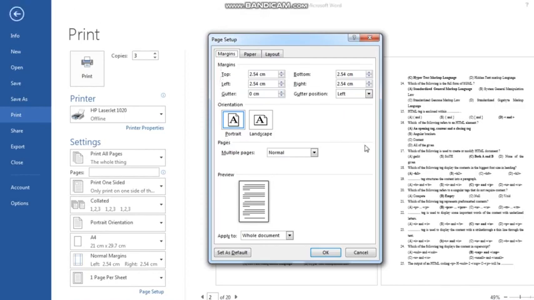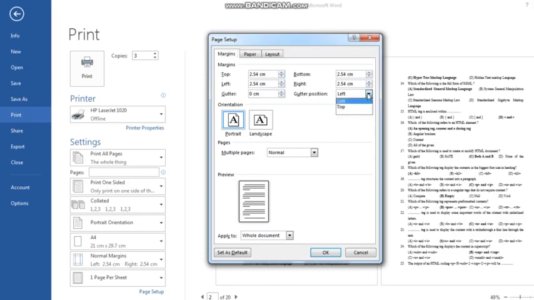So some part of your page will be covered up, occupied by those pins. If you print something till here, then that will not be readable because it will go inside the binding part, right? So that is known as gutter position.